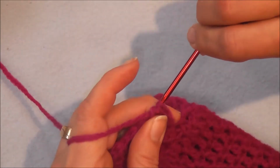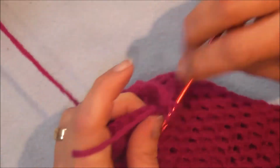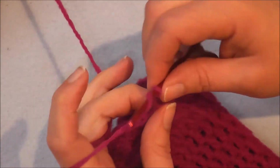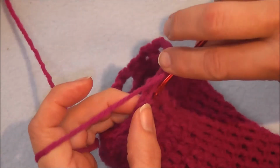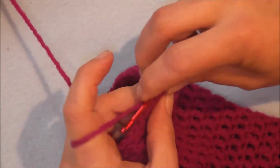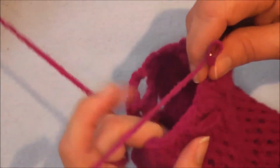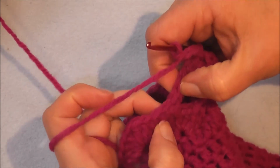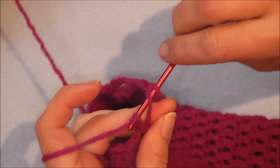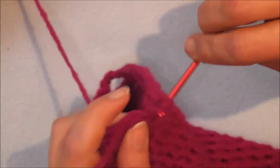So that's 1, chain 1, and another half double crochet, chain 3, and a single crochet into the top, chain 3, look for our chain 1 space again. There we're going to set our V-stitch. So that's 1 half double crochet again, a chain 1, and another half double crochet into the same space,